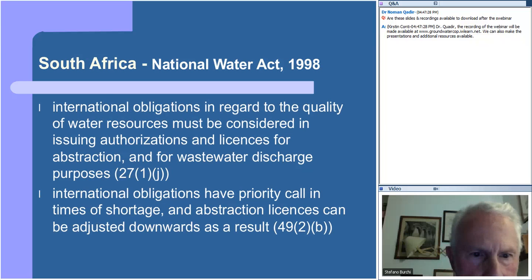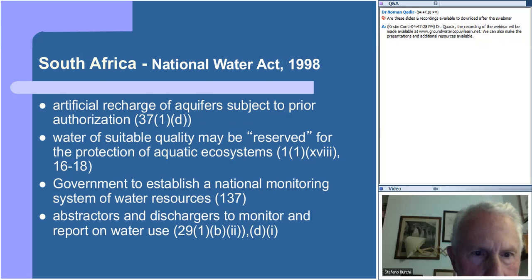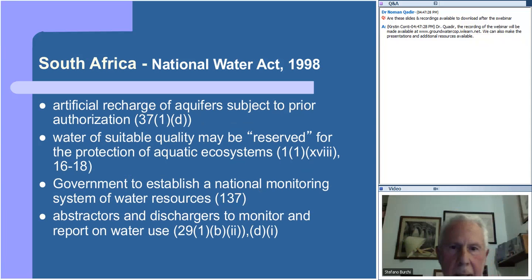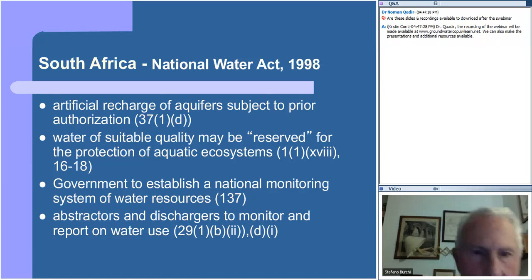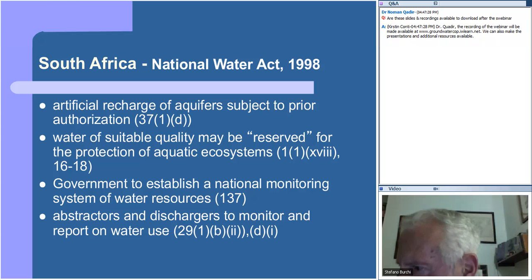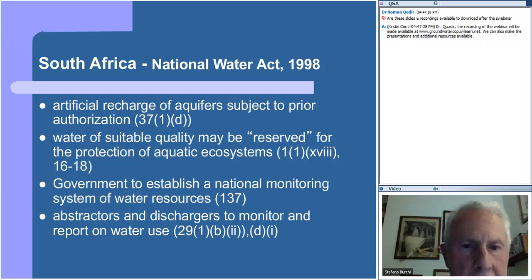That's it. For instance, the provision of draft Article 10 on the protection and preservation of ecosystems: aquifer states are directed to take appropriate measures to protect and preserve ecosystems within or dependent upon their transboundary aquifers or aquifer systems. Now, this provision is echoed, if you like, or maybe is helped by a